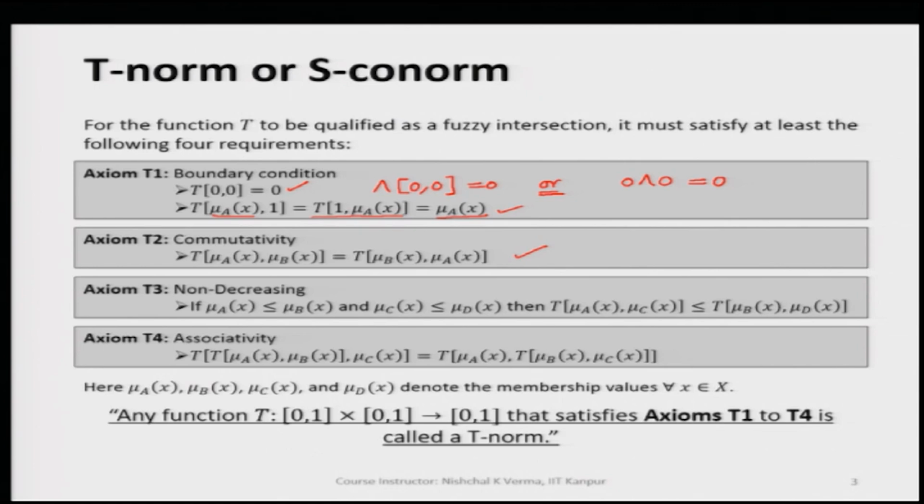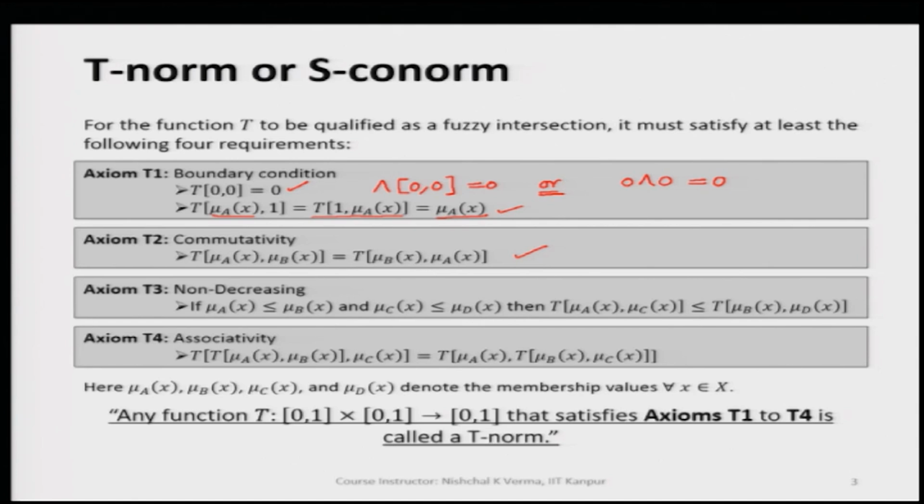We see here, if we have mu A of x less than or equal to mu B of x, meaning the value of mu A x is either less than or equal to mu B x, and mu C x is either less than or equal to mu D x, then the triangular norm, or the T norm, of mu A x and mu C x will be less than or equal to the triangular norm of